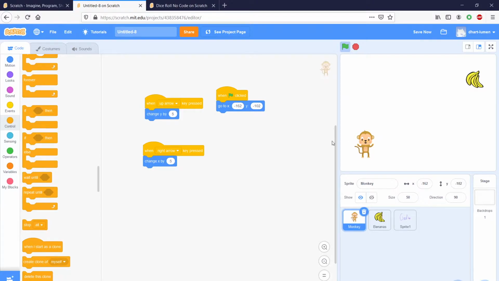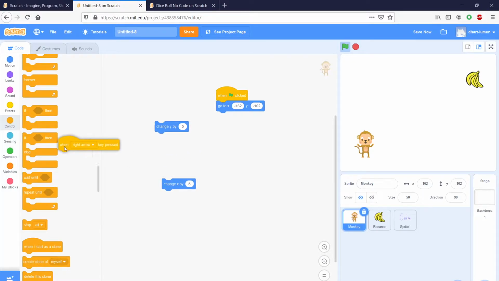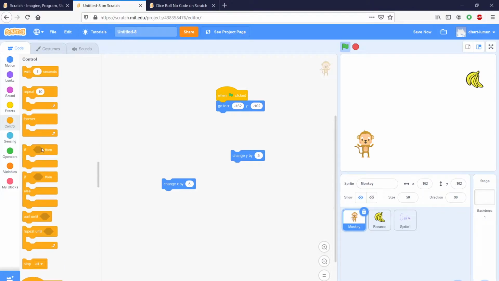It needs a certain amount of time between key presses to know the difference between a quick press and a held key. So if you want to avoid that and you want smoother motion, you're actually not going to use these when events. If you really want smooth motion, then what you need to do is actually a forever